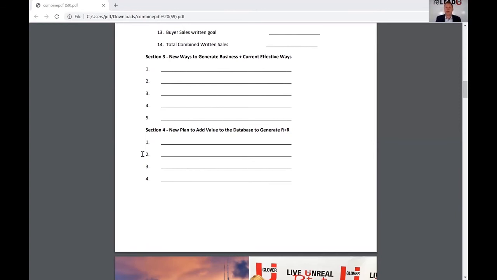There's still going to be some regulations, some rules, some concerns around wearing masks and using sanitizer frequently. So why couldn't you deliver masks and sanitizers to your best referring clients? That would be a great way to add value to generate repeat and referral.